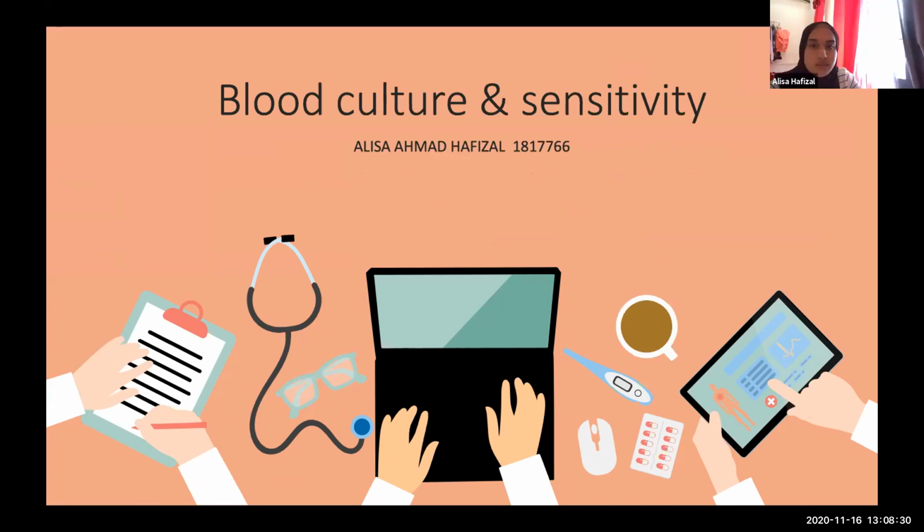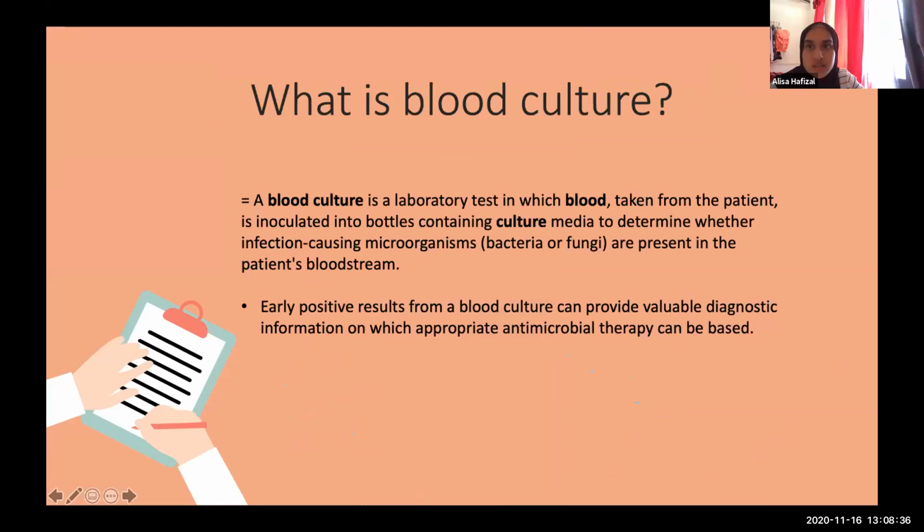All right, so I'll be talking about blood culture and sensitivity. So what is blood culture? Blood culture is basically a lab test in which blood is taken from the patient and then inoculated into culture bottles containing the media. This is to determine whether the infection-causing microorganism, it can be bacteria or fungi or virus, is present in the patient's bloodstream. For example, if we get an early positive result from a blood culture, that can provide us with valuable diagnostic information on which appropriate antibiotics or any other therapy can help